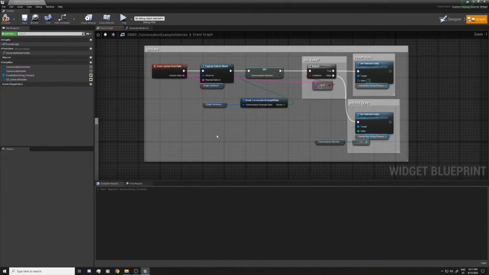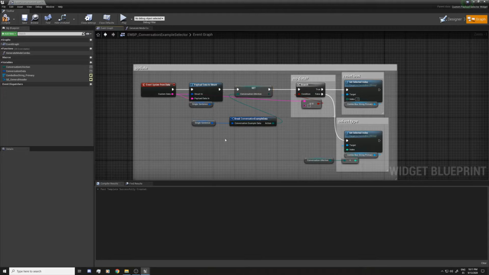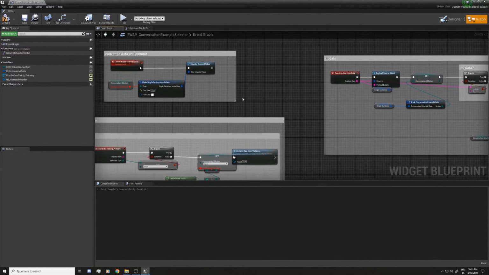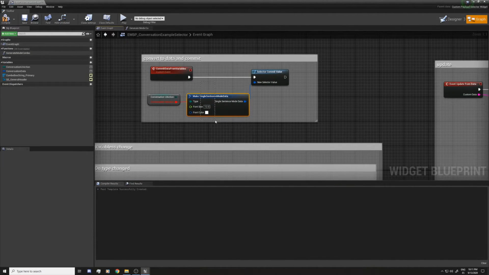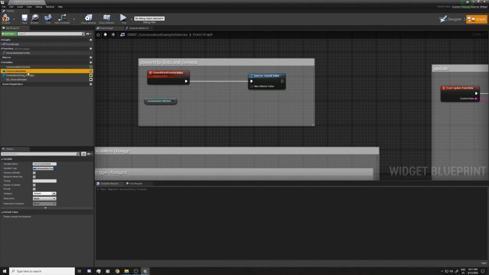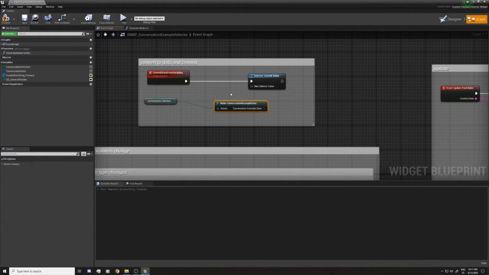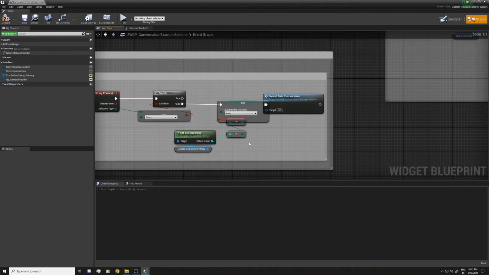Update. So basically what this is doing is just updating from a custom payload data, and is setting the variables in the selector. And for this part, for the commit, we're gonna commit using the new structure. So we're gonna make conversation example data, and we're gonna use this in the select like that. And for this part,